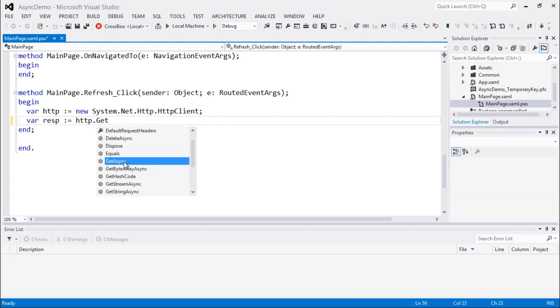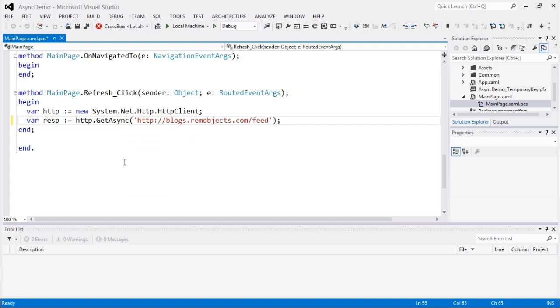So I'm going to go ahead and use GetAsync here and grab the feed from blogs.remobjects.com. Now, when I mouse over response here, it tells me its type. And you notice it's not an HttpResponseMessage. Instead, it's a System.Threading.Tasks.Task of HttpResponseMessage. And so if I try and use this now,